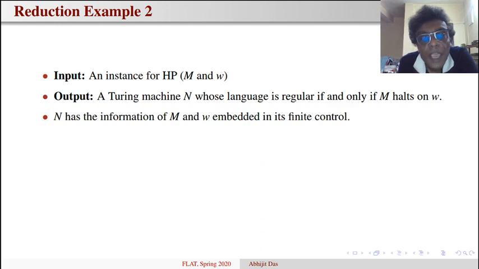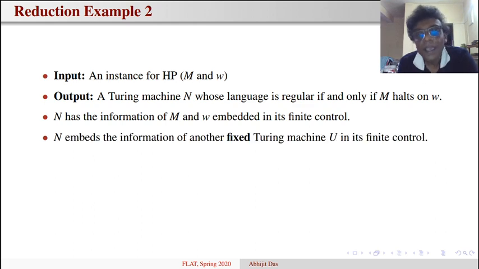So M and W can be embedded in the finite control, and as the picture says, another extra piece of information U is also embedded in the finite control. So it embeds the information of another fixed Turing machine in the finite control. So how is this U